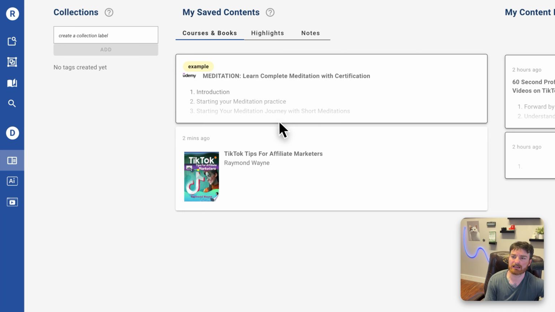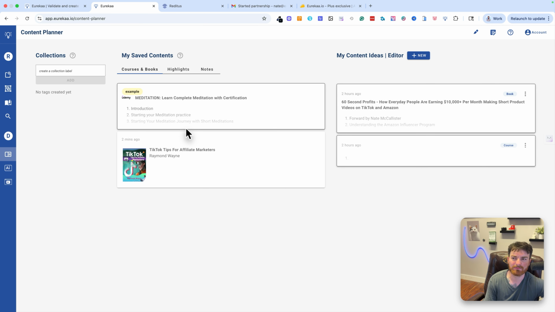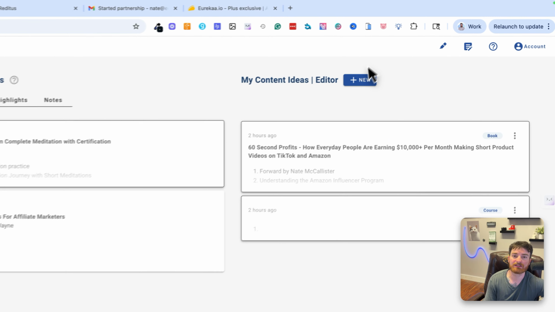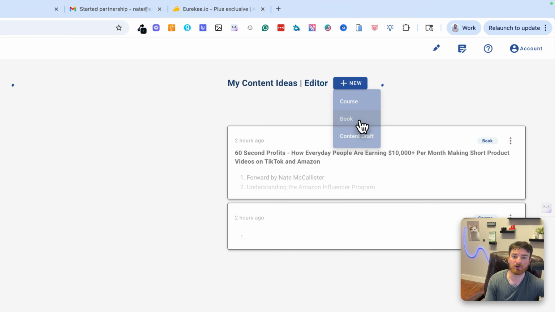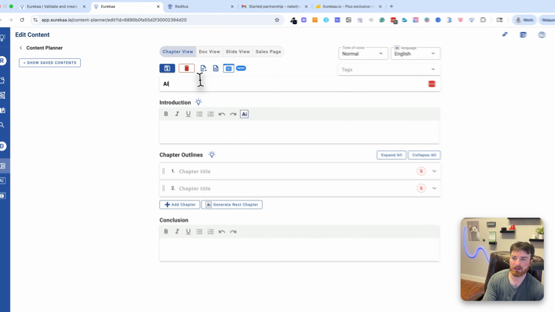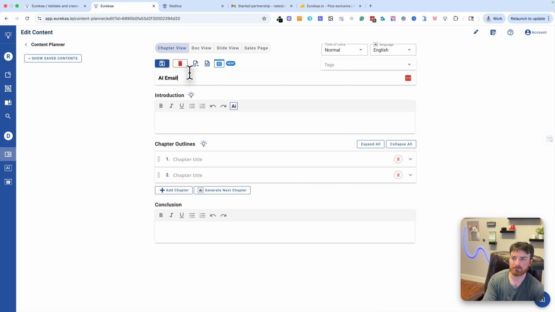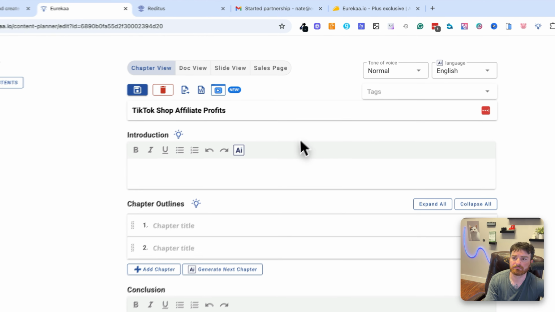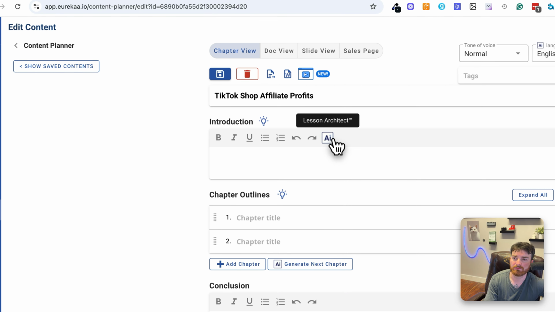This is the part that I think gets a little bit cooler. The functionality starts to get a little bit richer here. So let's do one from scratch. Let's do a book. Okay, so let's say that we're writing a book called AI Email Marketing. Or no, let's stick with the TikTok Shop one. TikTok Shop Affiliate Profits. Okay. And then we would do